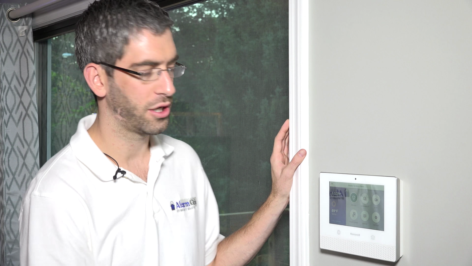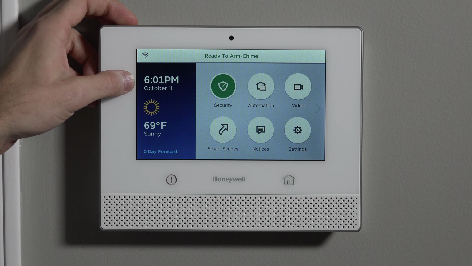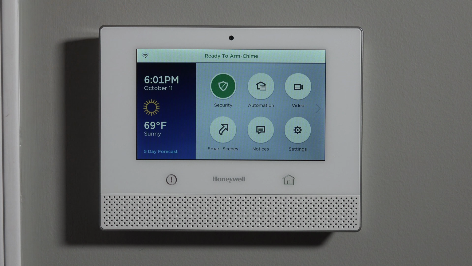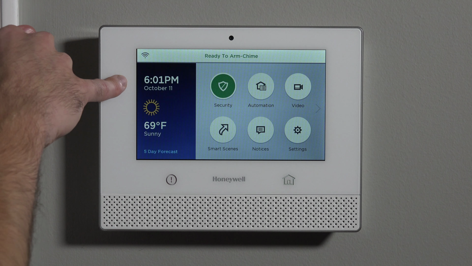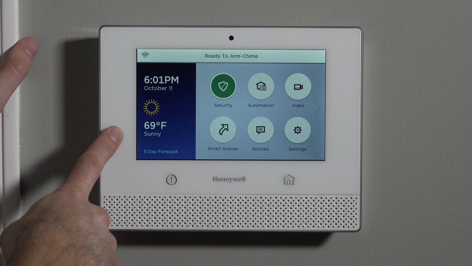So, this Lyric has already been associated with monitoring service, and therefore it's got the Wi-Fi communications active with the router. It actually has a cellular card installed as well, so it's communicating to AlarmNet via Wi-Fi and cellular, and it's actually grabbing the date and time based on the server time. So 6:01 p.m. is already grabbing that time from the server. However, if we were in a non-Eastern time zone, this time would be off.